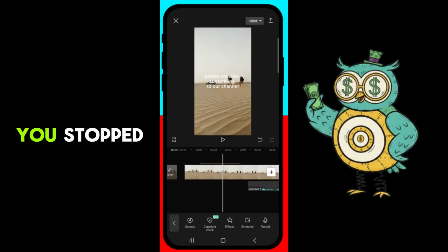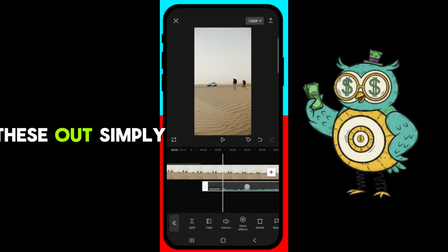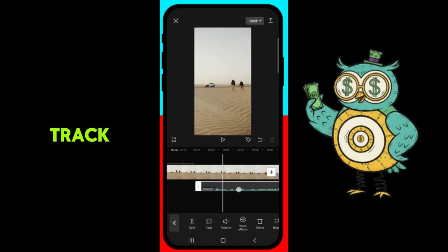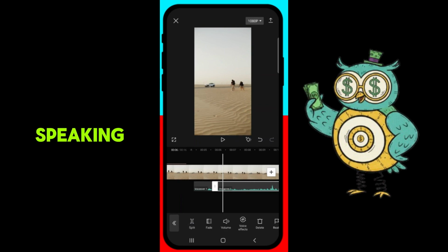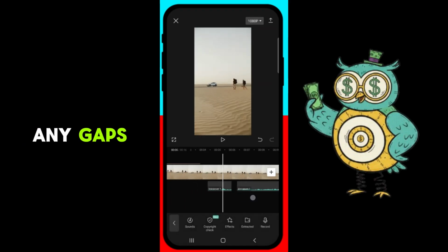If there are parts where you stopped speaking, you can edit these out. Simply select the voiceover track, use the split function at the points where you stopped and started speaking, and then delete the silent segment. You can then move the remaining audio to close any gaps, ensuring a smooth and continuous